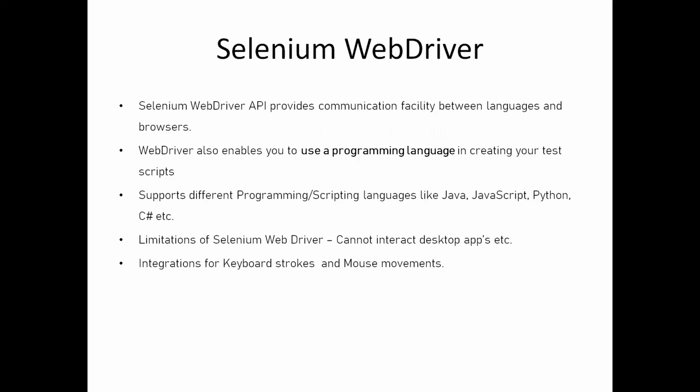So basically, how does it communicate with the browser? It uses an API. Have you heard about terms like REST, SOAP and all this? Yes. Okay, so basically it uses the REST protocol. It sends a request to the browser with some Selenium command like clicking an element, asking it to click on this particular button. It clicks and sends you the response back. That's how Selenium communicates with different browsers.